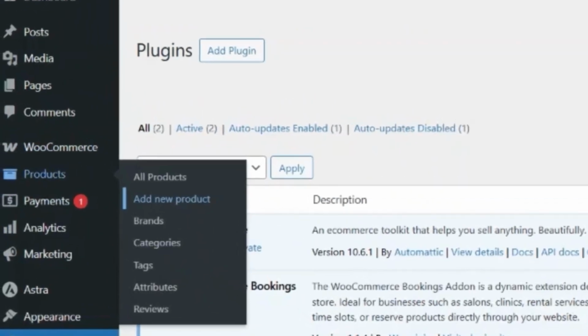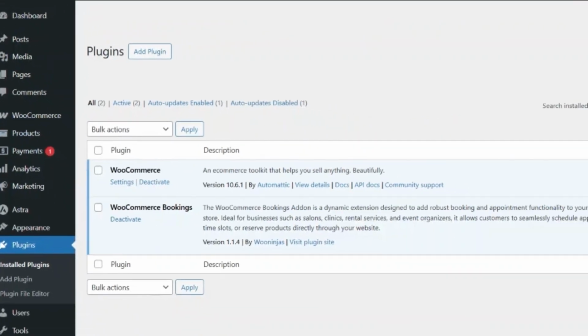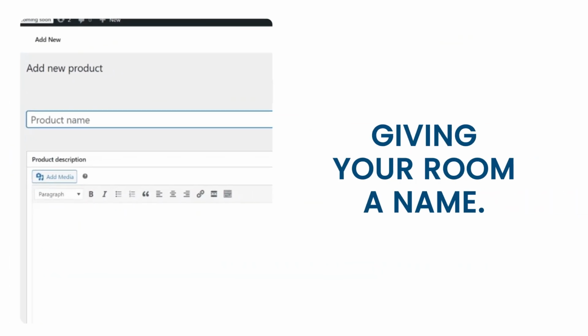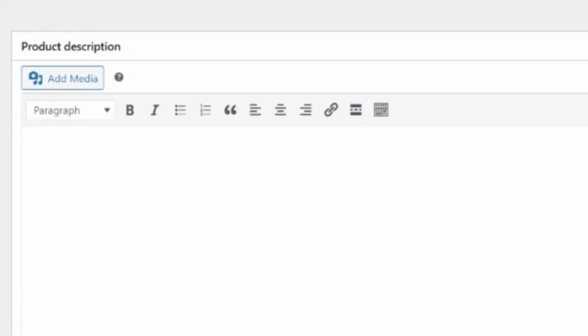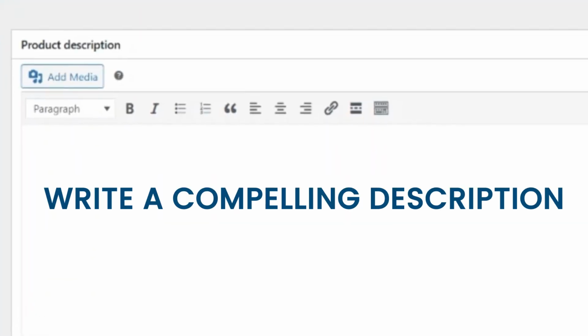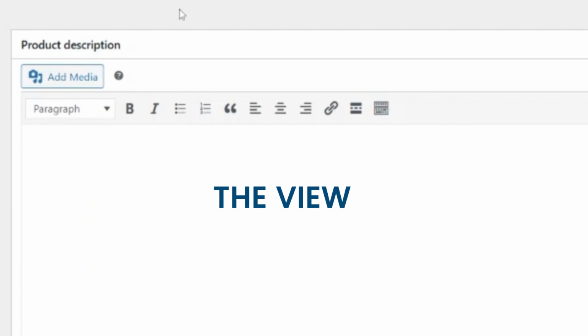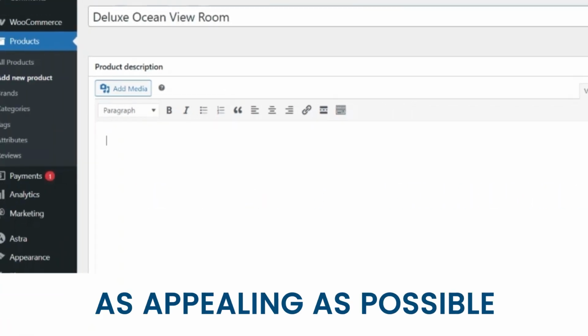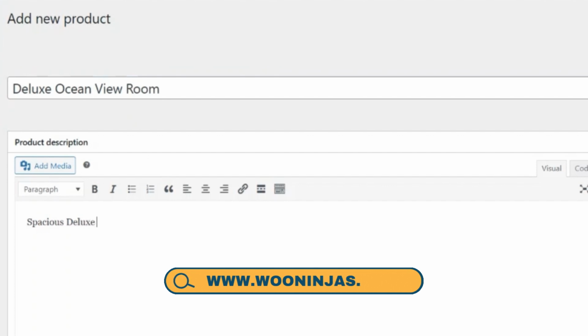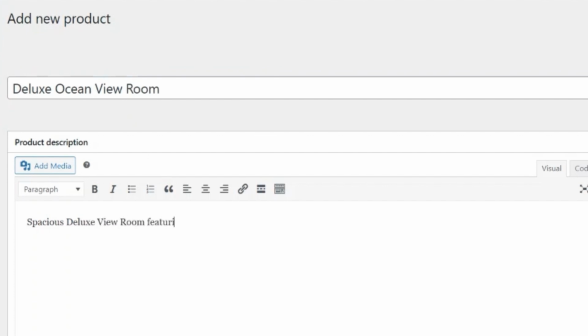Go to Products on the left sidebar and click Add New. This is where we'll build our bookable product. The first step is giving your room a name. I'll call this one Deluxe Ocean View Room. Below that, write a compelling description. Talk about the amenities, the view, the bed size. Make it as appealing as possible. Let's give it: Spacious Deluxe Ocean View Room featuring a king-size bed, private oceanfront balcony, and luxury amenities for the